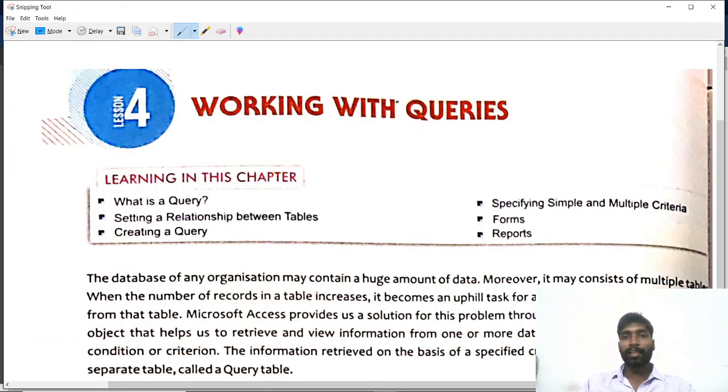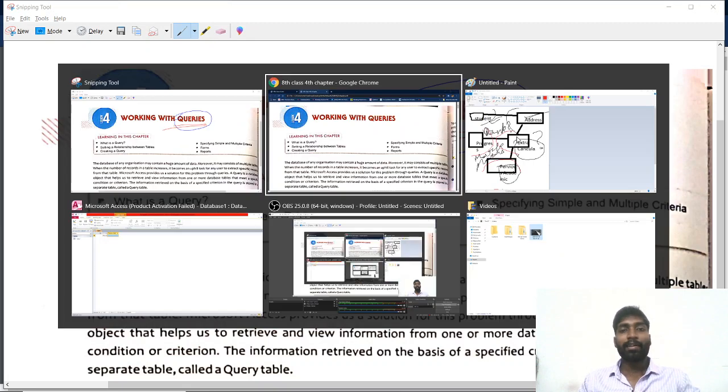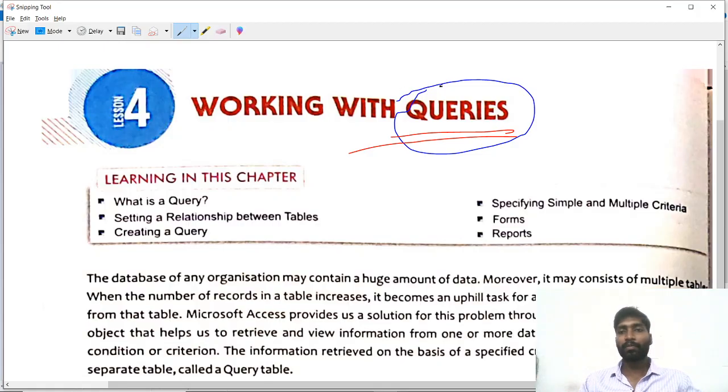Whatever we are thinking, we can bring. Just imagine in our school database, I want those who failed in mathematics, or those who have scored less than 50 marks in mathematics. We can take all the student information even if they are in different tables. This is the help of the query.